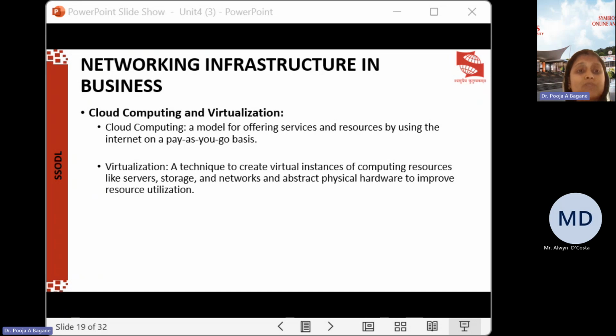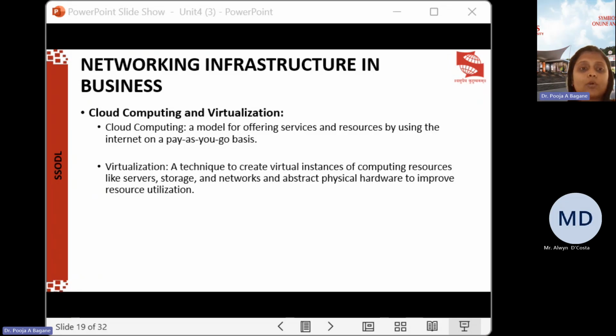So the business network infrastructure is an integral part of any organization, and it is required to support the operation of the firm, which allows effective communication, collaboration, sharing of data, and access to the required resources. With the extensive use of hardware, network protocols, security mechanisms, and continuous advancement in cloud computing and virtualization technologies, organizations can create a reliable, robust network infrastructure for expanding their operation opportunities. So this is all about networking infrastructure in business.